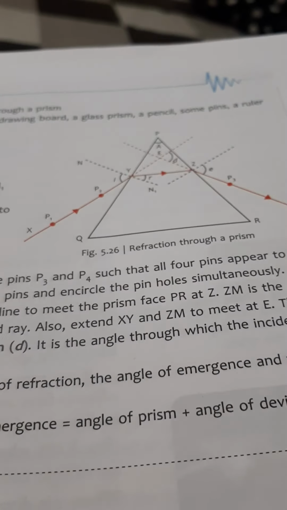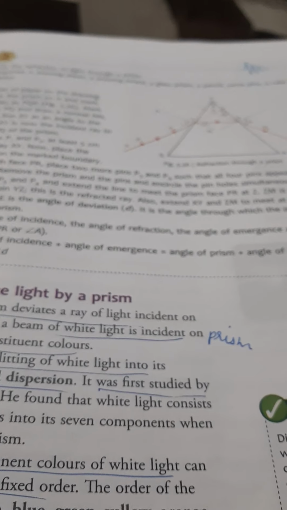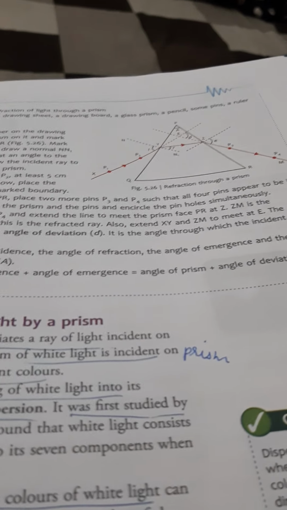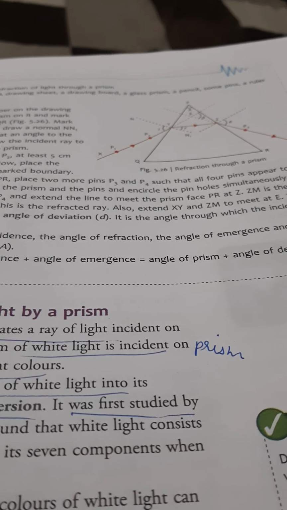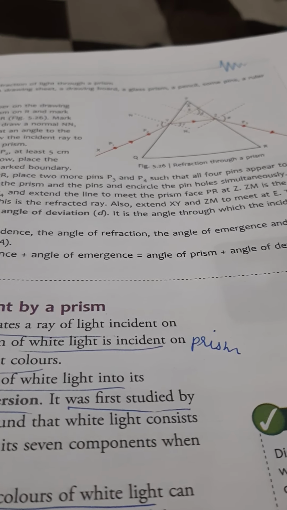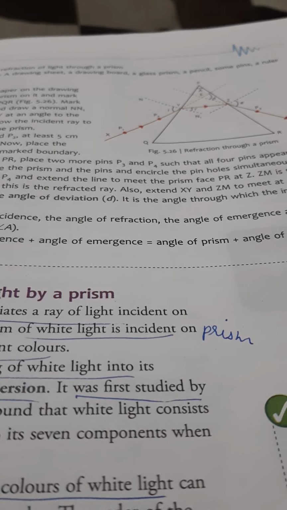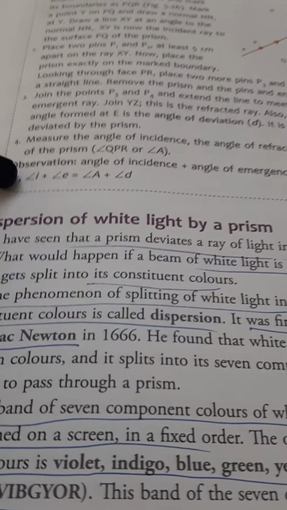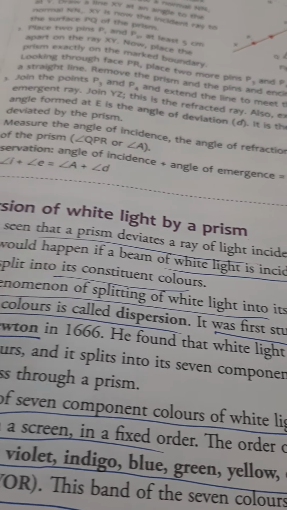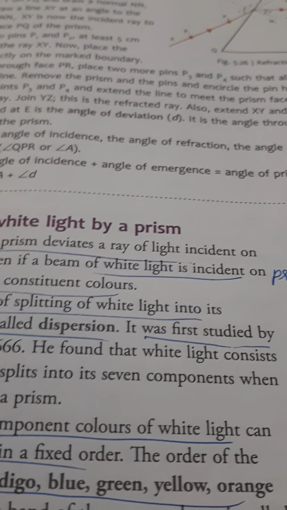Now with the help of the prism, we are going to study about the dispersion of white light. You know that white light is made up of 7 colors. But when white light is in the air, we see only the white light, because only when it enters another medium will refraction take place. So when this white light passes through a prism, because we have seen that this prism deviates the ray of light,